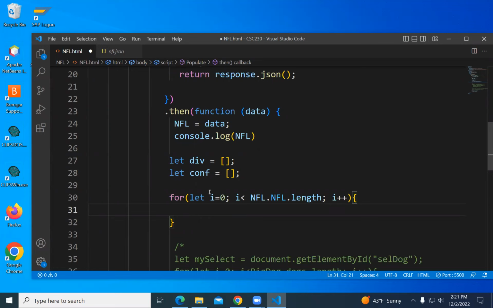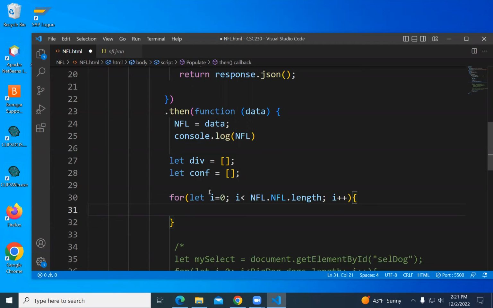We know how to look for something either in an array or in a string: that's indexOf. So we're going to use the array version of indexOf. We're going to look in our array of divisions for the ith team's division, and if we don't find it, we're going to add it.